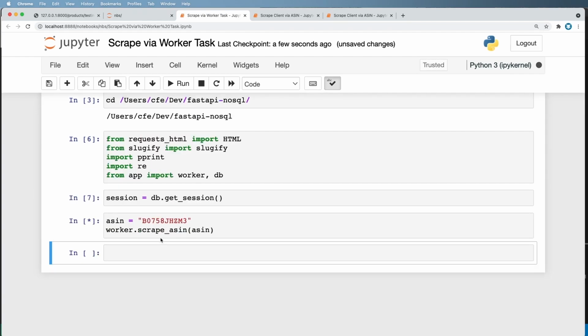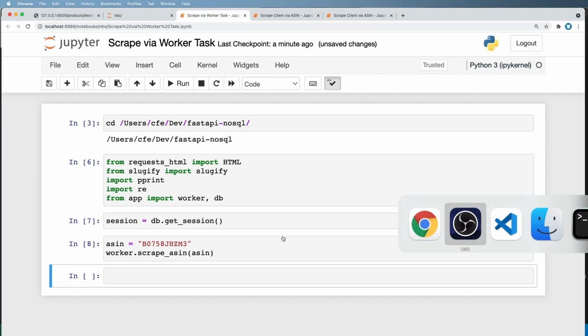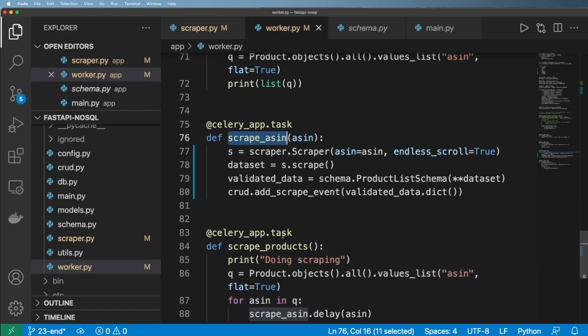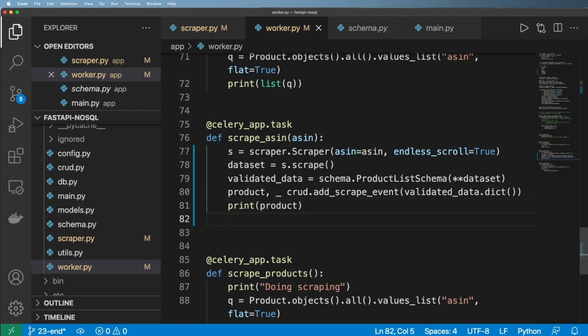Okay, so we created that session, and now I should be able to call the worker in the Jupyter notebook. And we should get a valid response, hopefully. We'll see. It appears that we have. Okay, so I didn't actually return anything. I suppose I could return the scrape event itself, or print out the product itself, like we do in the view. I'm just going to go ahead and print out what that product is,